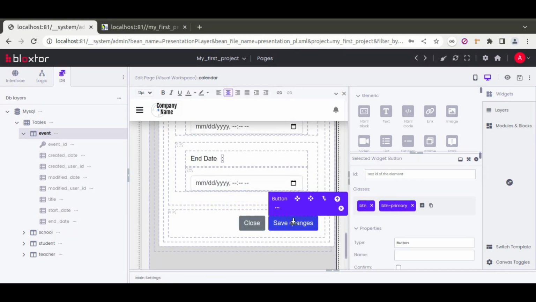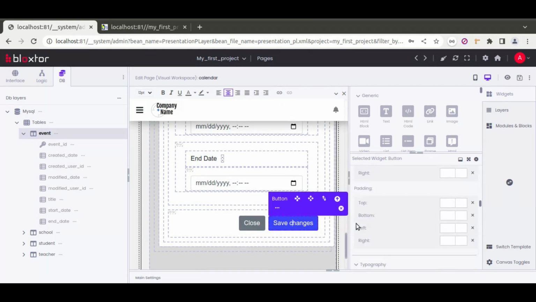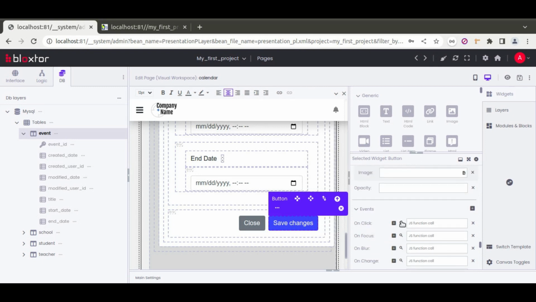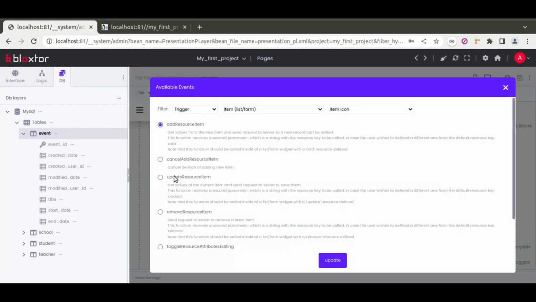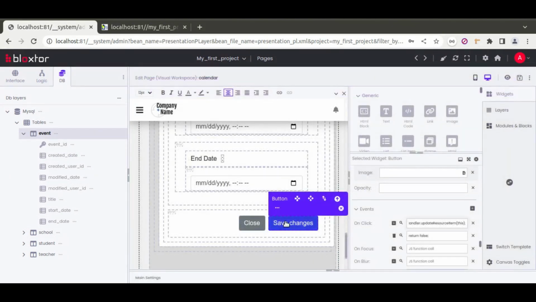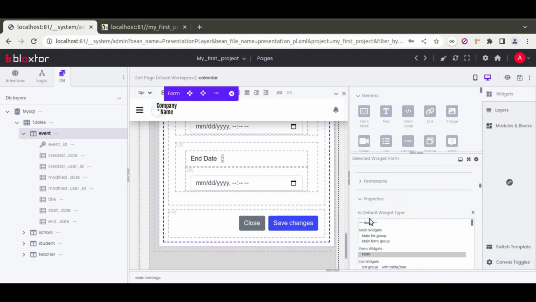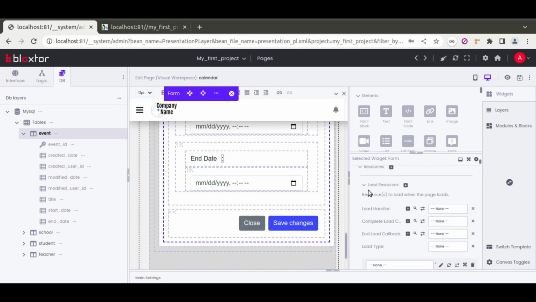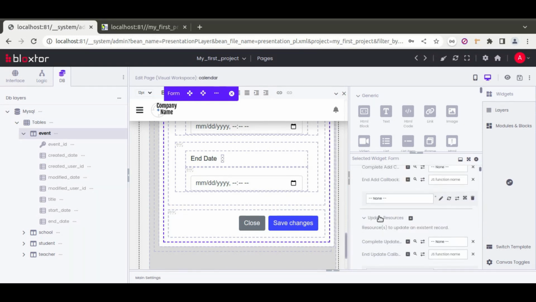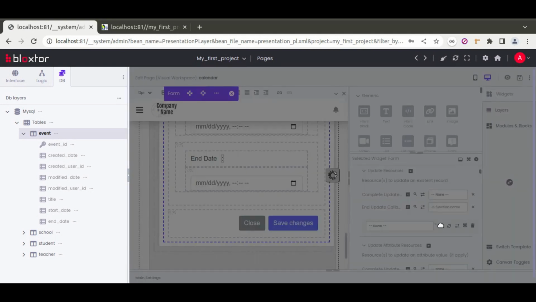Now, when I click this button, what I want to do is to trigger the update resource of the form. So what I need to do is to go to the event section in here and select this option here, the update resource item, which basically will trigger the update resource of the form. So if I select my form now, I go to my resource section in here, and in the update resource I'll select